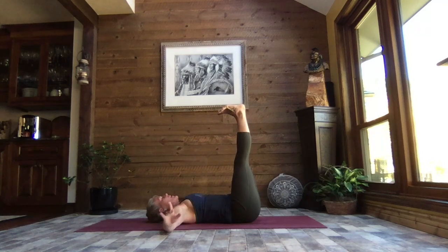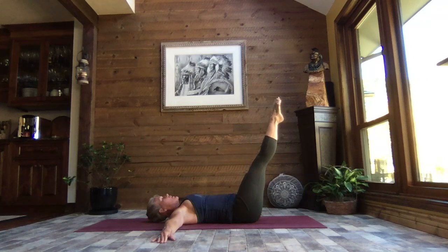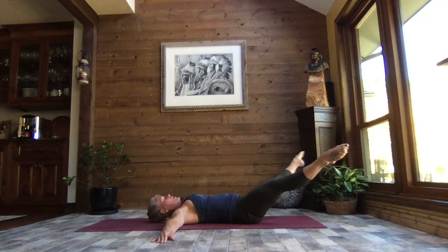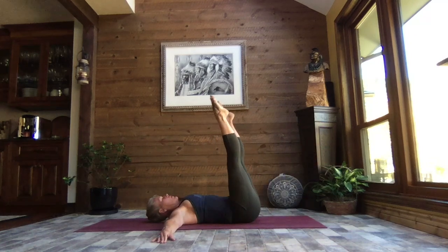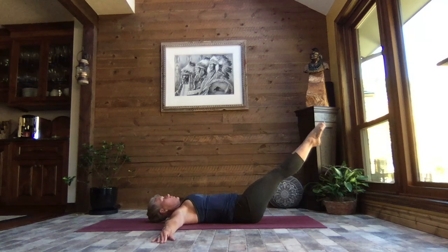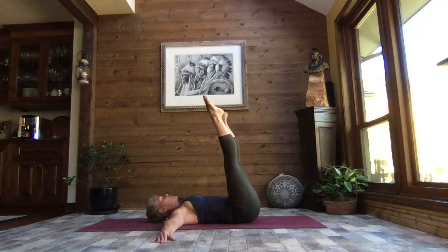And extend those arms out to a T, relaxing the upper body. Soften those feet. Let's take a slow, steady release down, stopping whenever you need to stop. And we're going to circle those legs out and back up. And slowly lower. Only as low as feels right to you, keeping the small of the back down, big circle out and around, and